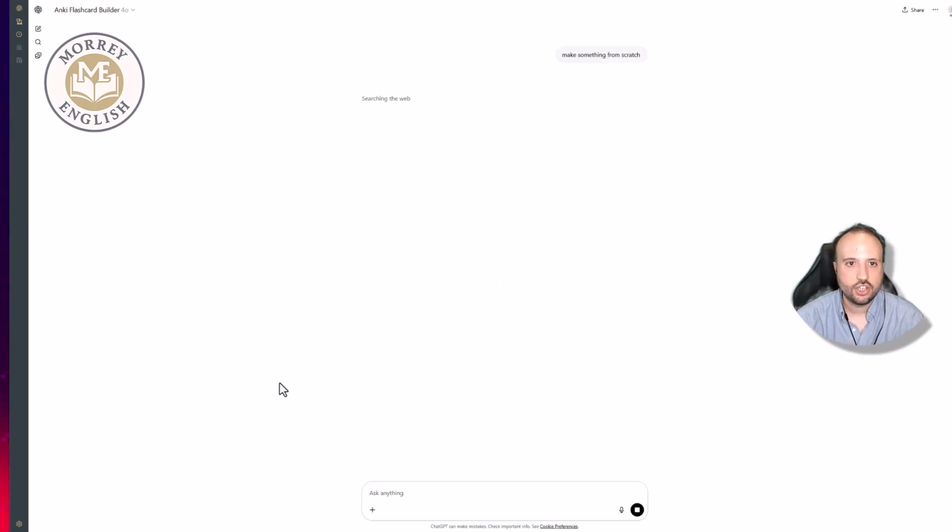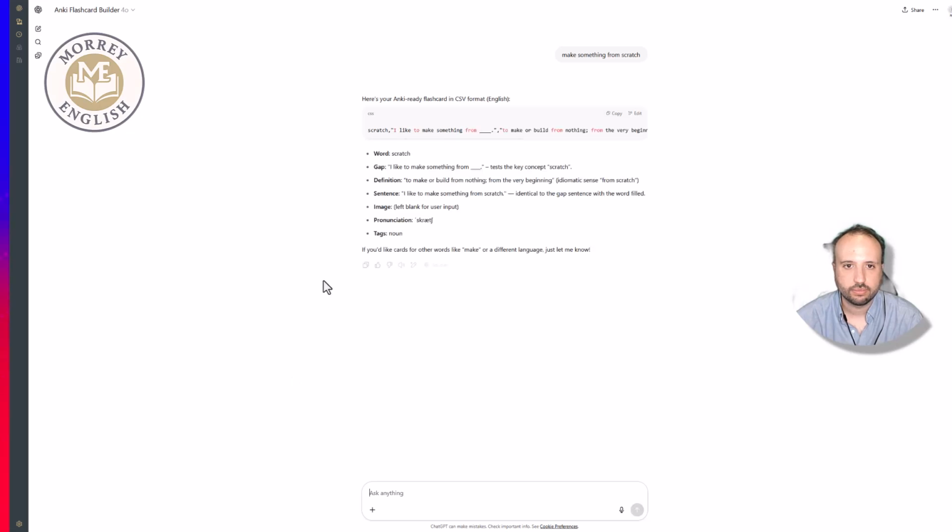Let's enter, and it's going to generate for us the flashcard. Okay, you can see here that it has given us the flashcard. Alright, it's telling us here exactly the information that it's included. So if you had a longer list, you're going to have an even longer list here of flashcards. The next thing we need to do is put this in a format that we can send it and import it with Anki. So all we're going to do first is copy this, okay,